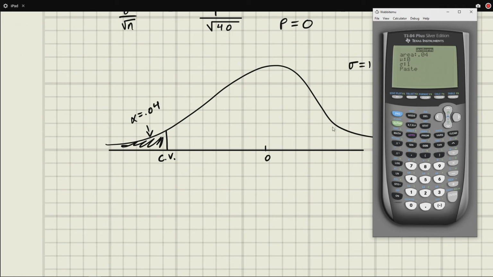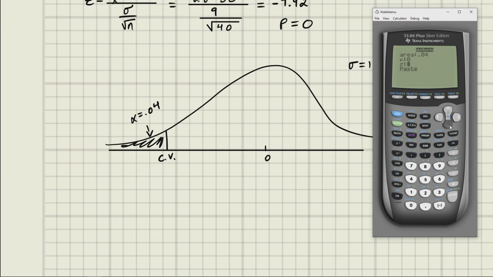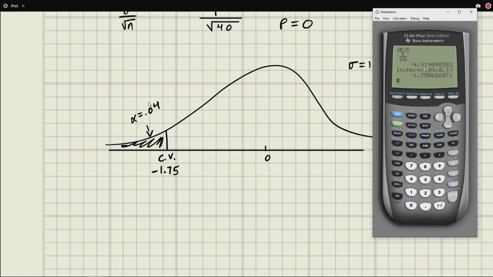This is the whole point of the formula we use too. So we're going to go over to paste it in. We get a critical value of negative 1.75. Now, we can also find this on the chart by looking up an area of 0.04 and seeing what